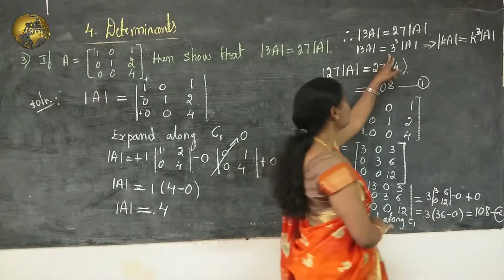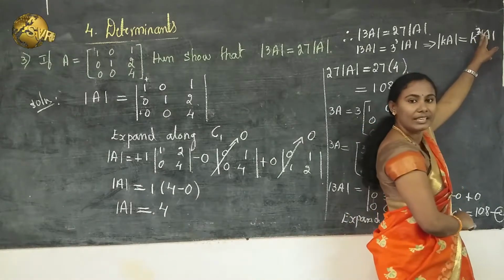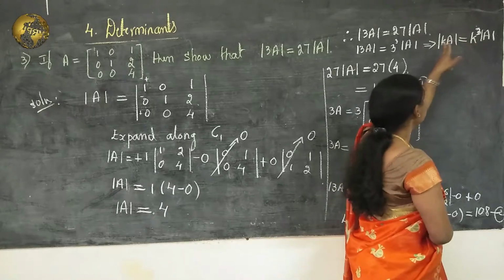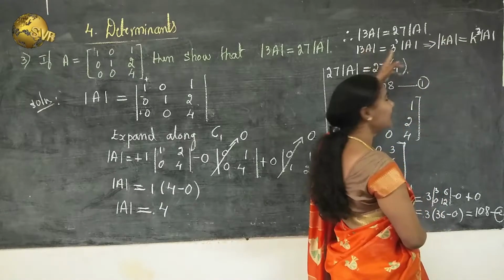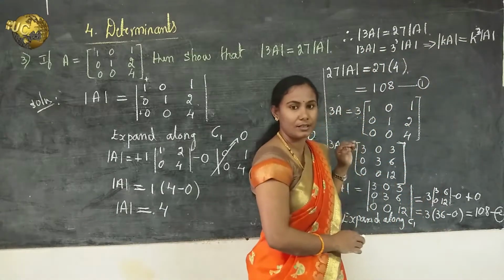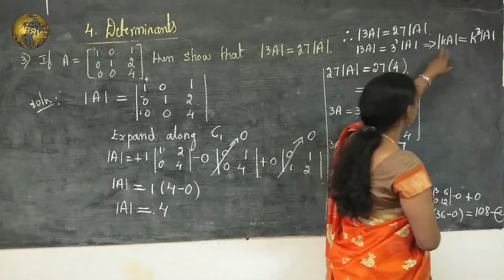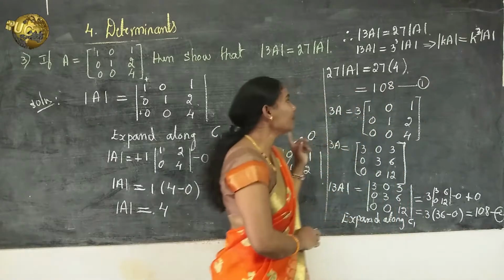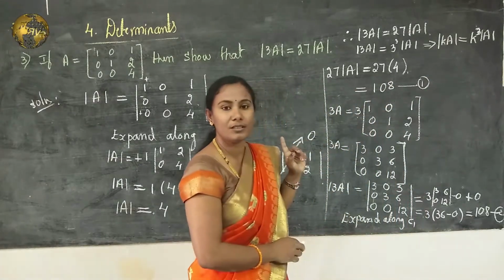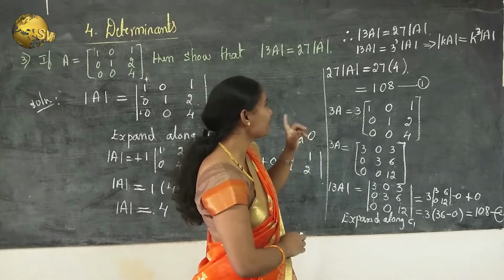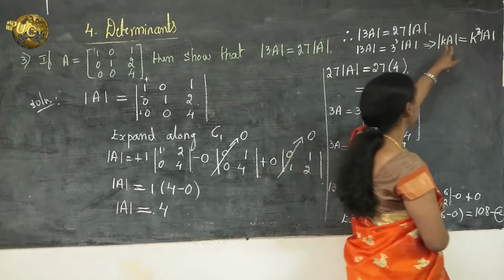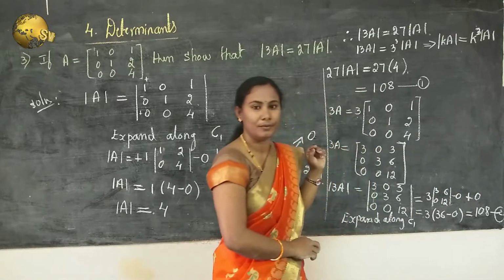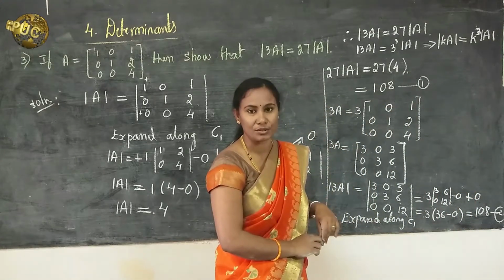Yes, because what is 3 here? It is the order of the matrix or order of the determinant. Okay, K is a constant. It may be any value, either 3, 2, whatever it may be. It is a constant. So we can write this generally like this. It is useful for our 1 mark questions. We can skip the steps directly. We can write determinant of KA as K cube into determinant of A. It is easy for our calculations.